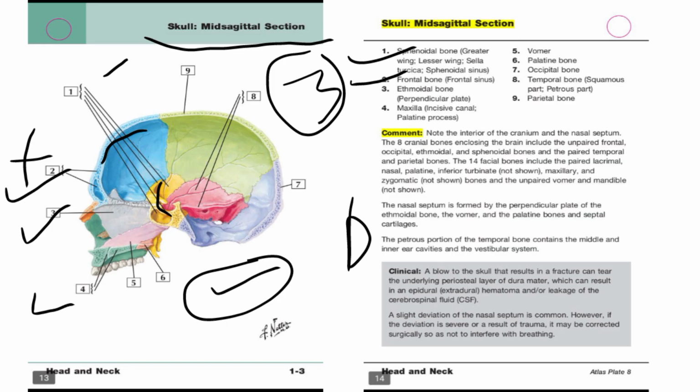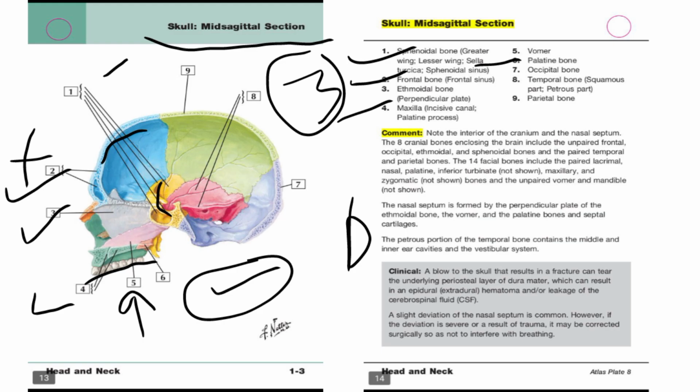The fourth label, you can see just above the teeth, this is the maxilla. As I told you before, the upper teeth are attached to the maxilla. And the fifth label is in the light pink color. This is the vomer bone. This is the vomer. And the sixth is the